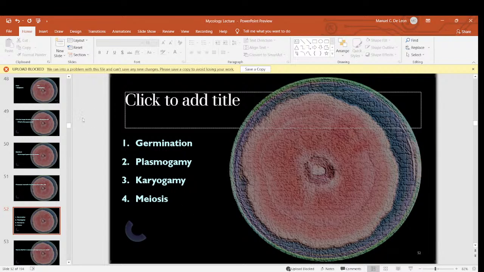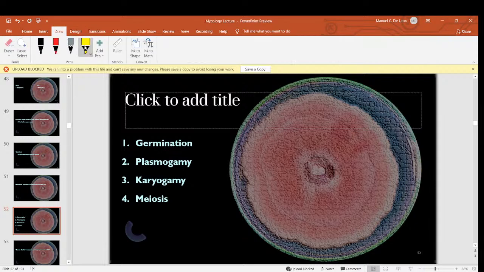Can I draw on this one? I'm not sure if I can draw. All right, yeah, I can draw. So the spore is going to be like a small dot like this. Wait, I can't draw. I'm sad. I can't draw on this one. There. I need to use a colored pencil tip.